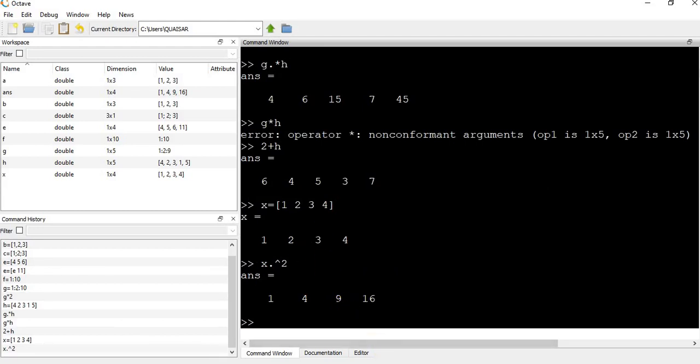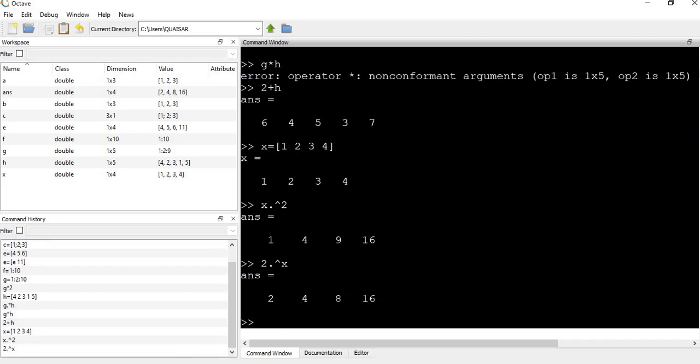You can also write a value to the power of a vector. So 2 dot raised to X. So its value will be 2 raised to 1 is 2, 2 raised to 2 is 4, 2 raised to 3 is 8, 2 raised to 4 is 16.